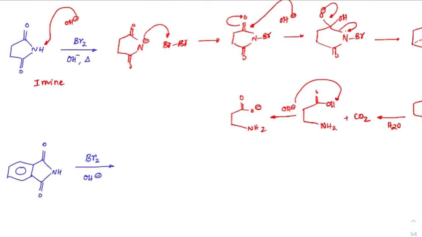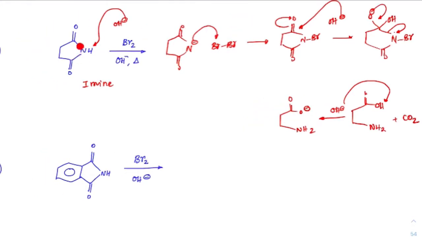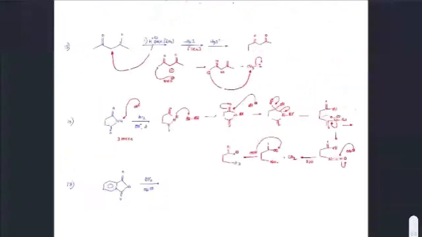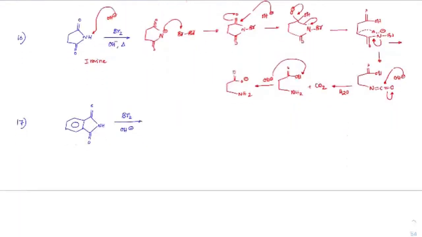Right. Now the idea is, wherever you see imides, just remove one of the C double bond O and attach that NH2 and break this bond. The same can be done here in phthalimide also. Okay, everyone try to do that. How we can do in phthalimide, check out. We can have the same problem here also. We can get this as C double bond O, O minus, and here we will directly have NH2 plus Na2CO3. That is a Hofmann bromamide degradation.